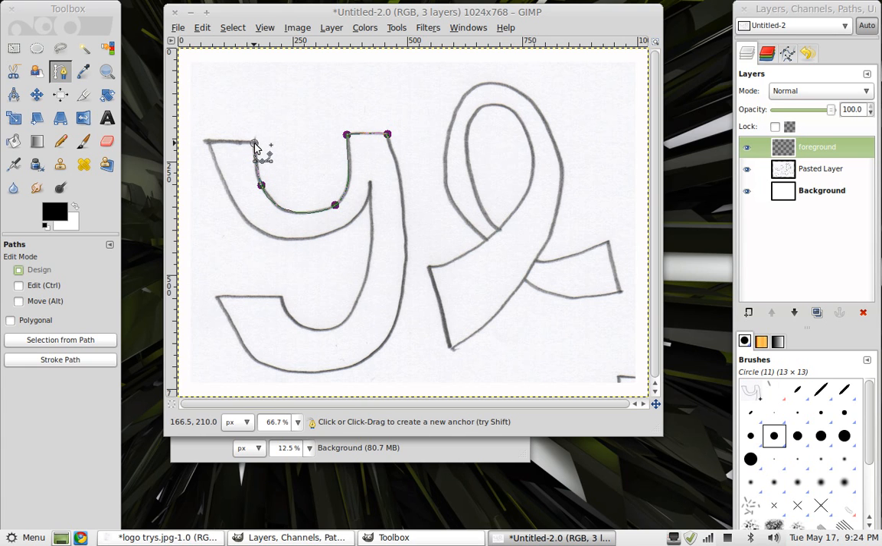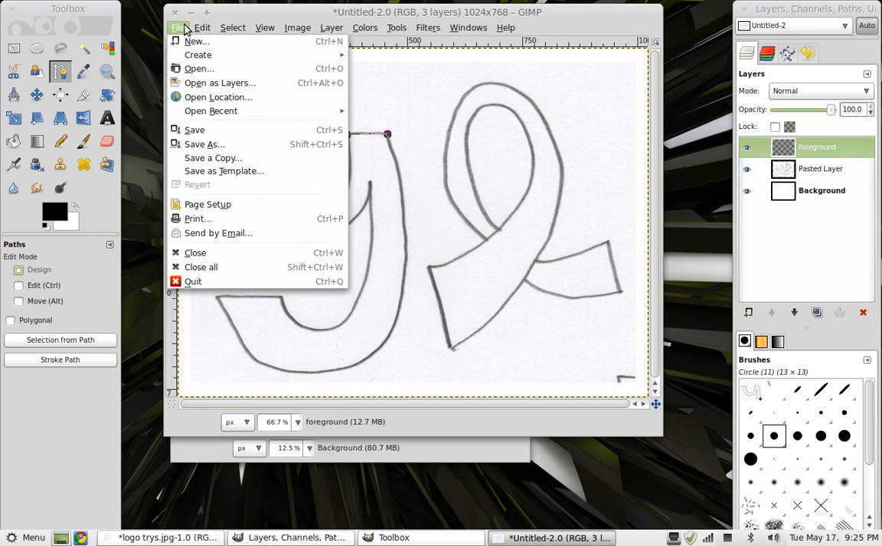Then you just go on to the rest of the image until you finish it up. Make sure if you want a sharp corner that you make a sharp corner and other things. So yeah, just make sure you do that. Now I've already done this part, so